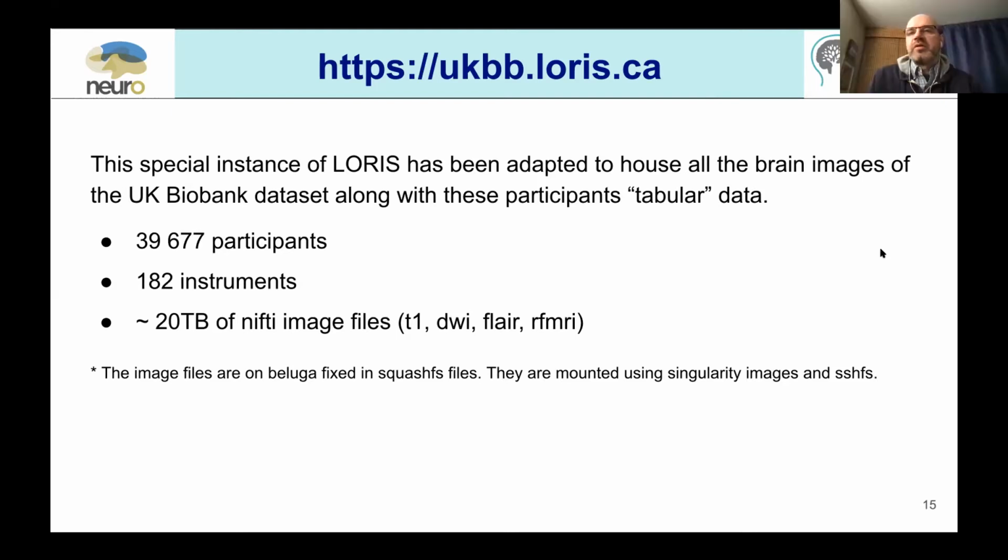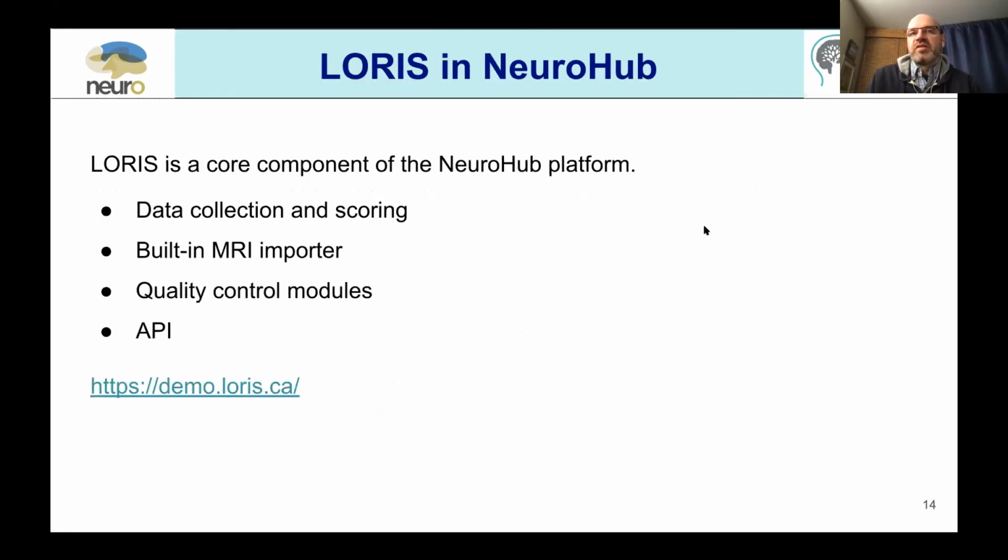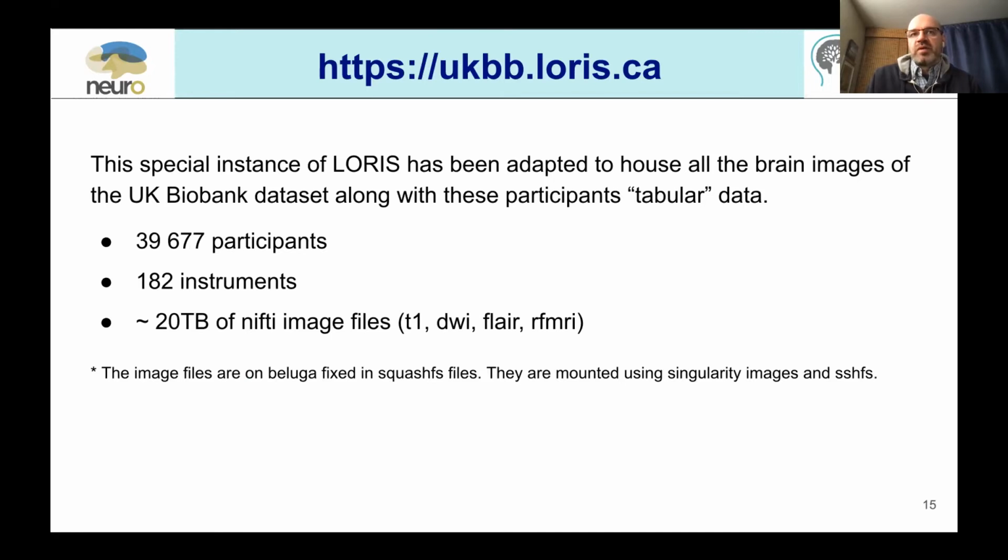I'll just quickly mention, while Xavier is about to get started, that there are a number of other projects that we know have UK Biobank data, for example on the genomics side. We're even discussing with the Genome Center, because we want to minimize the number of copies or duplicates that may exist on platform systems such as Compute Canada. So we're already in conversation with them about coordinating the accesses so that we are good system citizens in that regard.